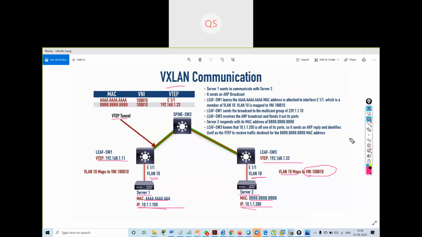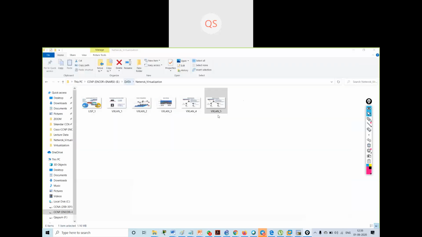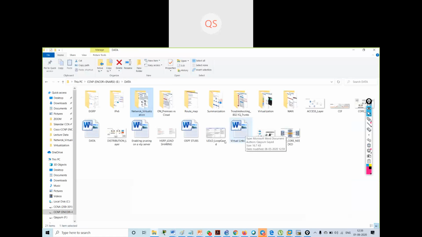Understood? Any doubt in VXLAN? So this is our VXLAN theory part. Now we can move to the next topic.